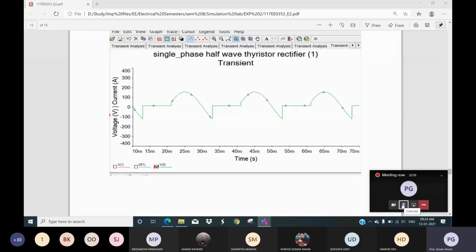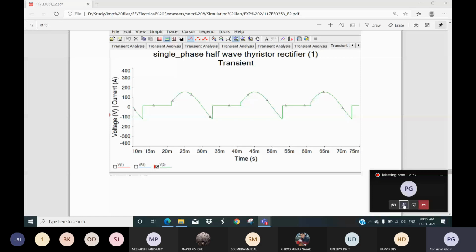Then the second study: if you change the L value for RL load, what kinds of changes have you observed in the output voltage? Draw another graph with minimum 10 different values of L and the output voltages. Now plot: on the x-axis your L will be there, and on the y-axis the output voltage, with the changing of that voltage for the fixed firing pulse.